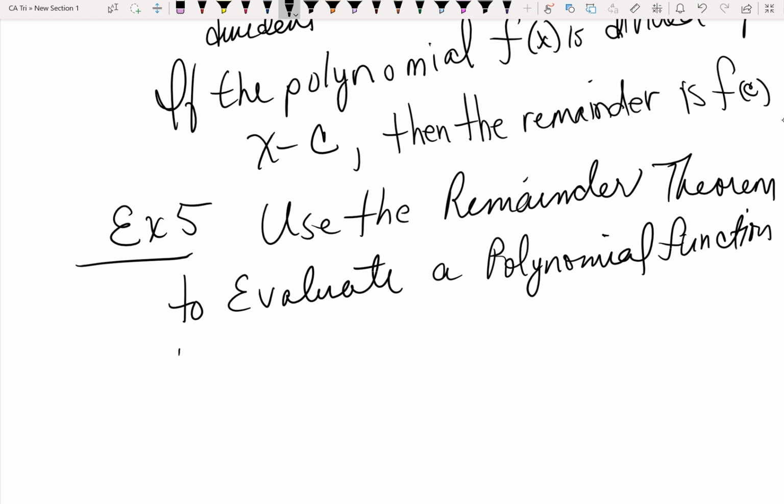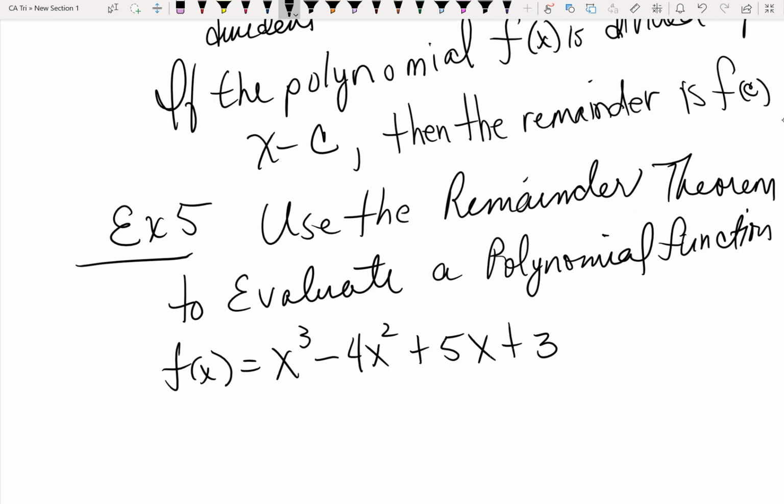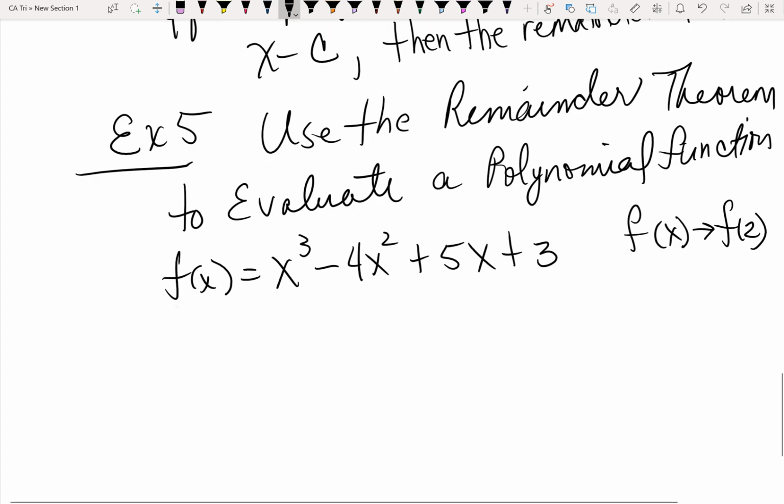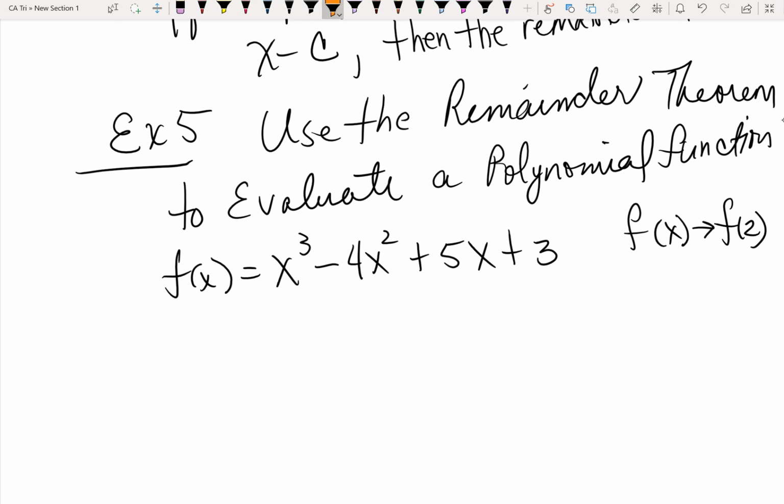Alright, so we have f of x is equal to x cubed minus 4x squared plus 5x plus 3, and we want to use f of 2. Instead of f of x, we're going to use f of 2. Since they gave us the 2, and I'm going to highlight it in orange,